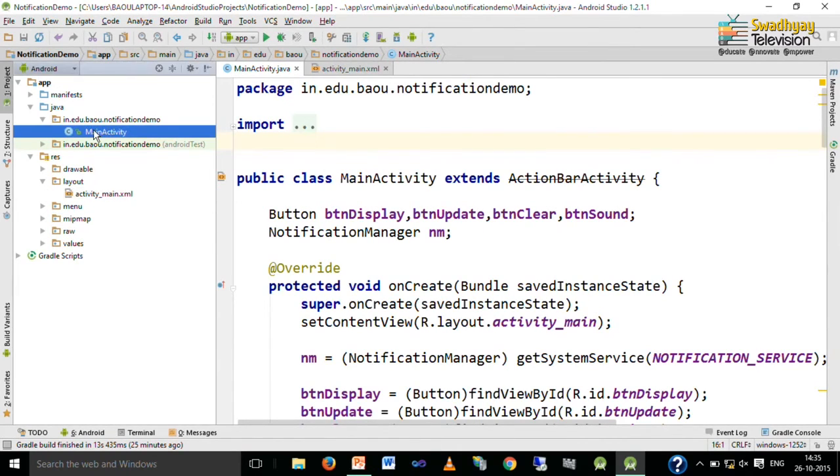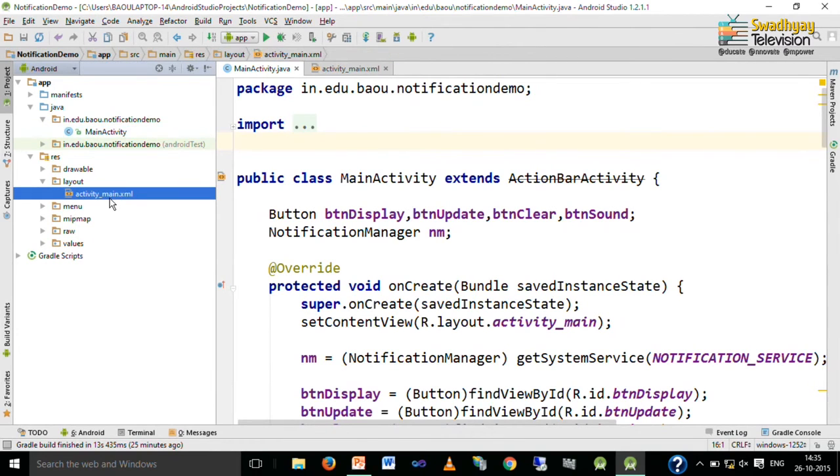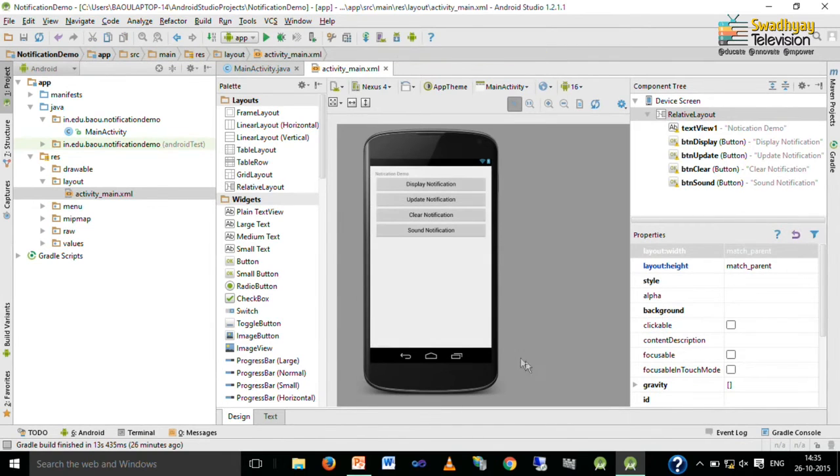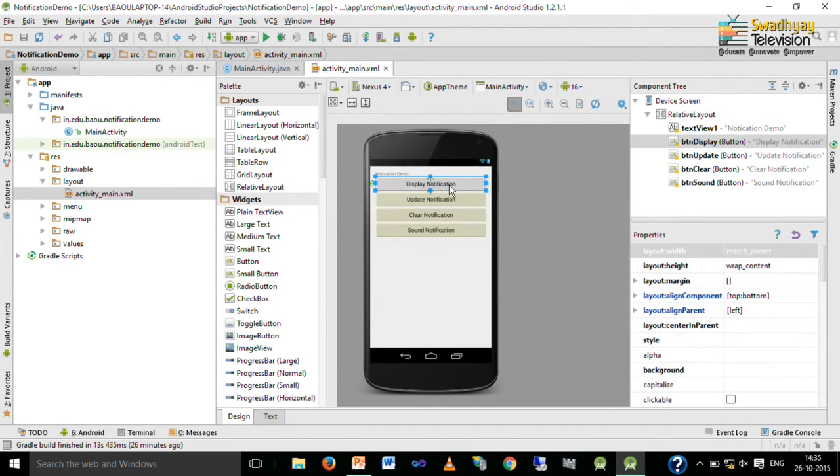This is our main activity and we have one layout called activity_main.xml. We begin with the activity_main.xml file. So, here is our layout file which you can see on the screen. Here is the first button, which displays a notification, and when this button is pressed we generate a notification. The update notification button demonstrates how to update an existing notification, and how to clear a notification is demonstrated by the third button with the caption clear notification.